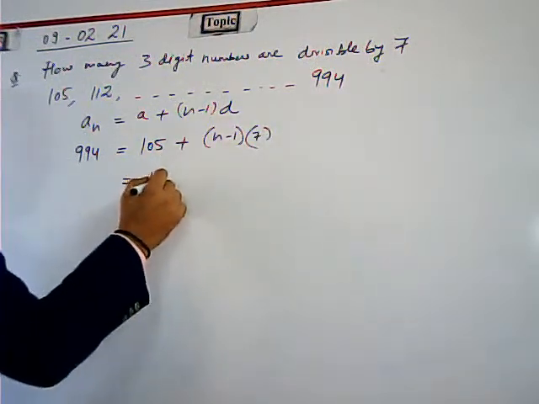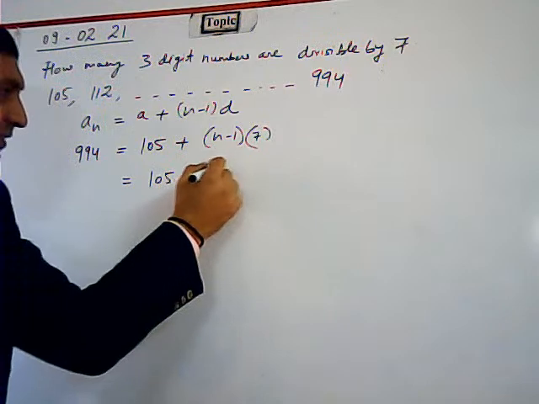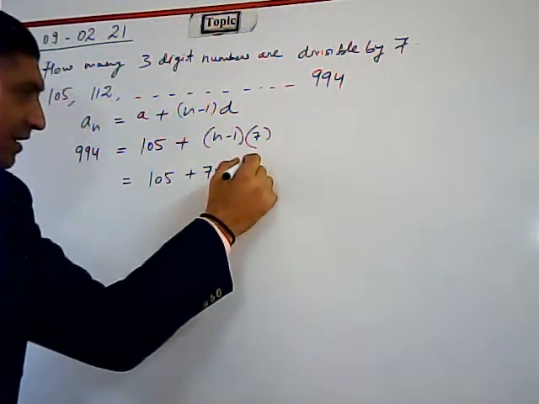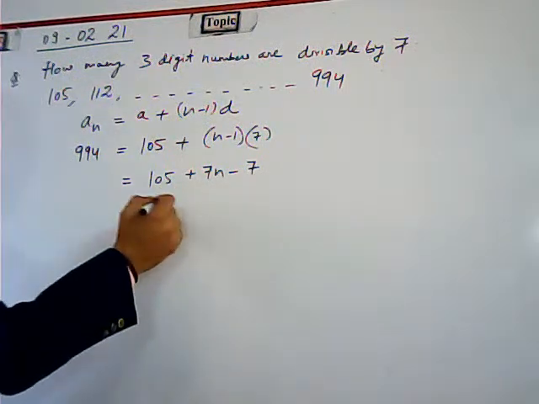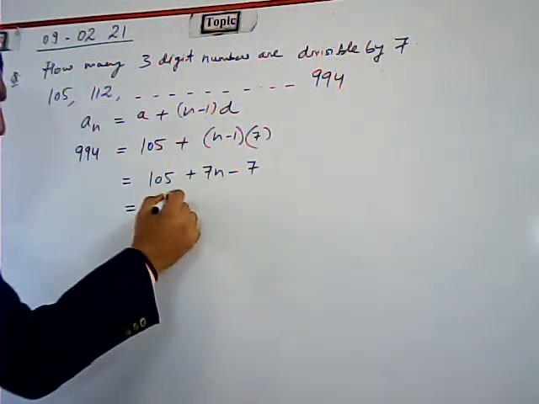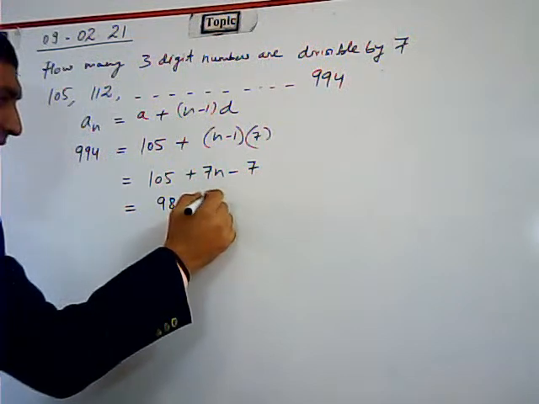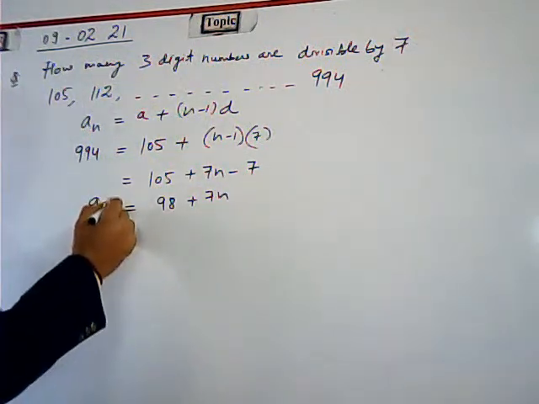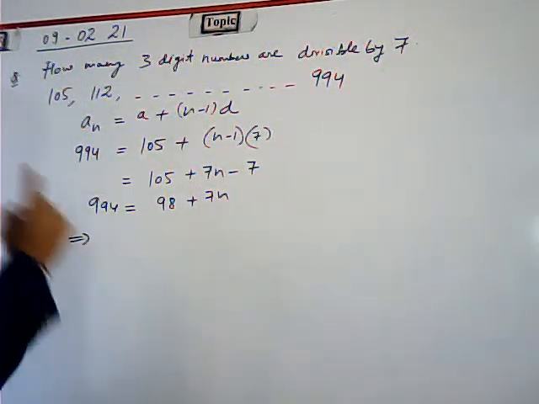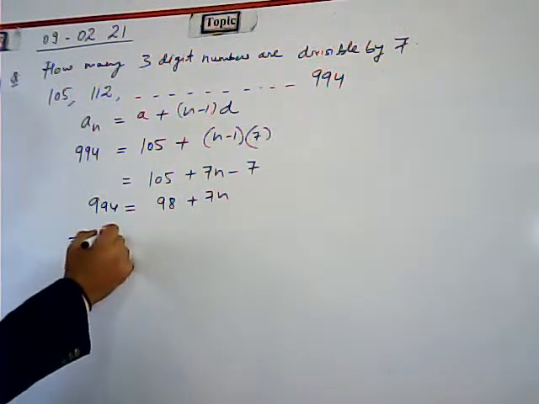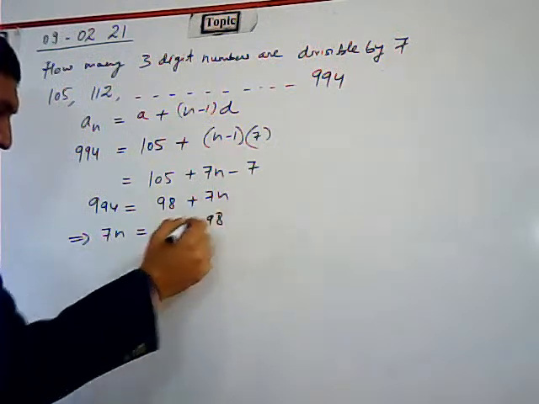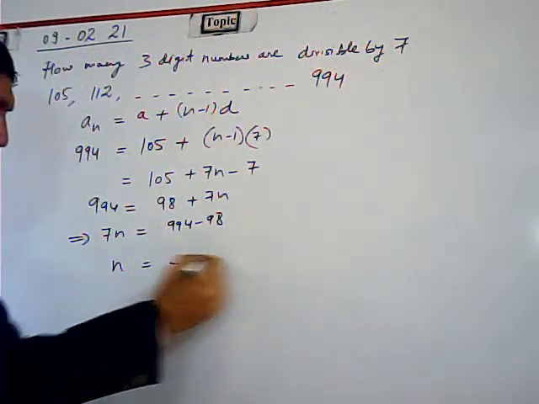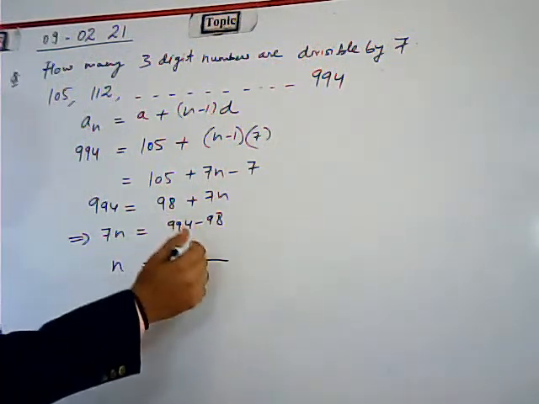So we have here 105 plus 7n minus 7. Okay, so here when we subtract, 98 plus 7n is 994, right? So this implies that 7n is equal to 994 minus 98,